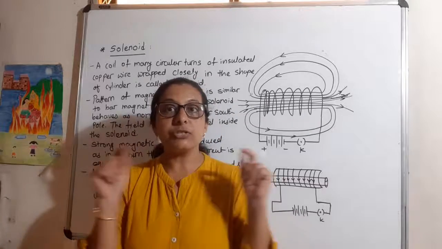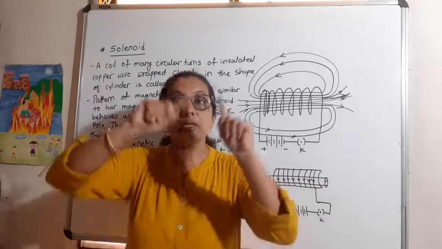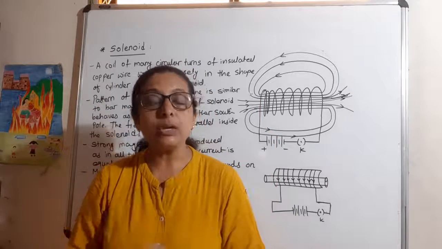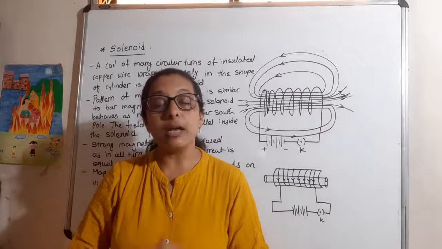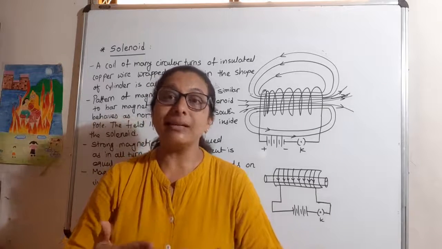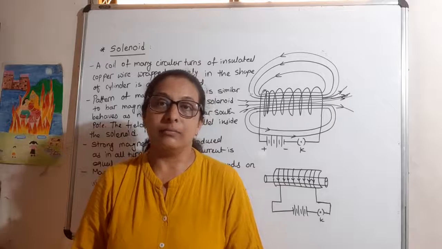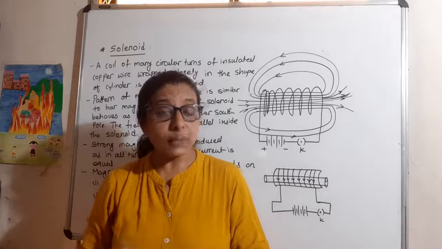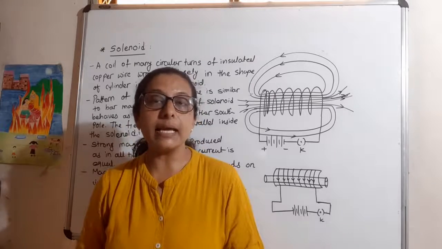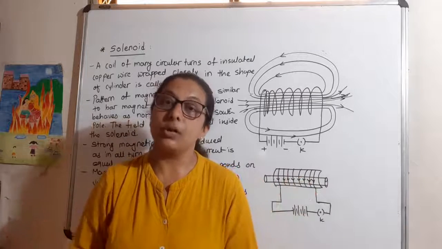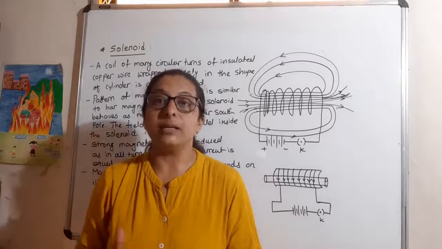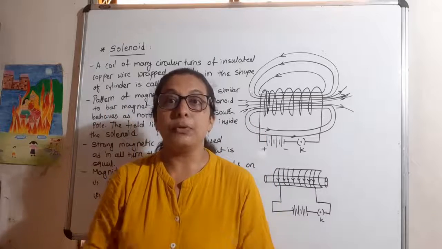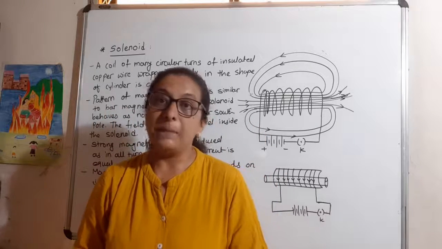Instead of only one straight conducting wire, if we use a circular loop, then the magnetic field is stronger, double that of the straight conductor. We saw that too. From that, we get the idea from Oersted's experiments that instead of a straight conductor, if one loop can produce a double stronger magnetic field,